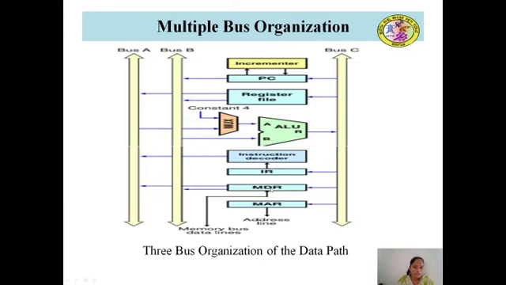So now the content of MDR has been transferred to bus B. From this bus B, the content will be transferred to the B input of this ALU. Now the ALU will transfer that data as unmodified data, that is the content which is present in B will be transferred to bus C as unmodified data. For that we need to select R equal to B. So now the content is present in bus C. Through this bus C, the data will be transferred to the instruction register. So now the instruction is present in the instruction register. Now it is ready for execution.